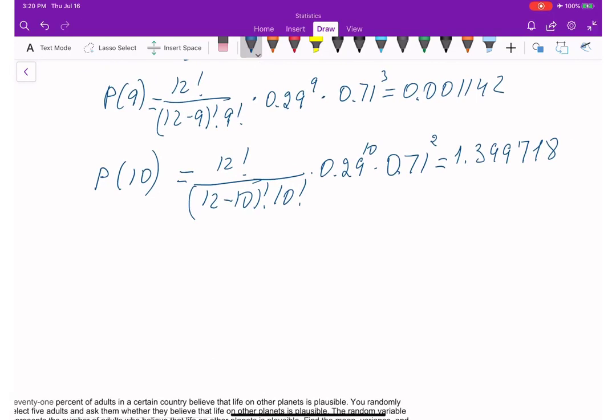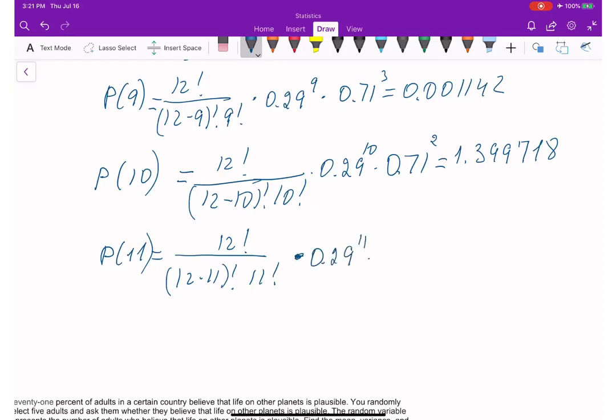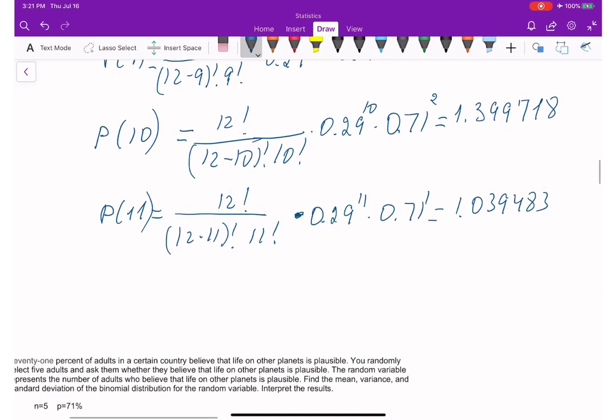Next, probability of 11. That is equal to 12 factorial over 12 minus 11 factorial times 11 factorial, and times 0.29 to the power 11 times 0.71 to the power 1, and we get 1.039483. And lastly, if you punch the numbers for 12, you will get